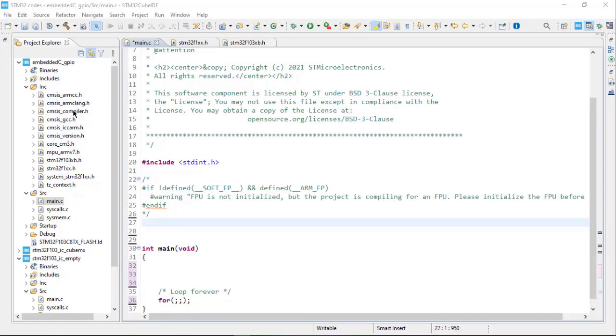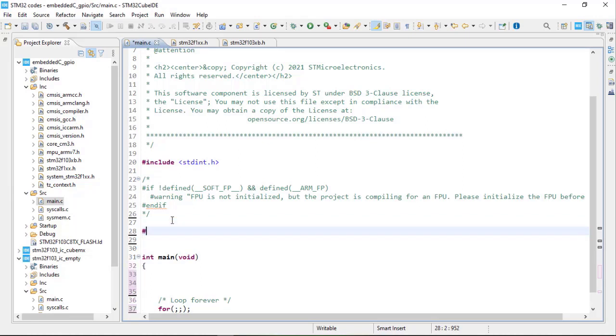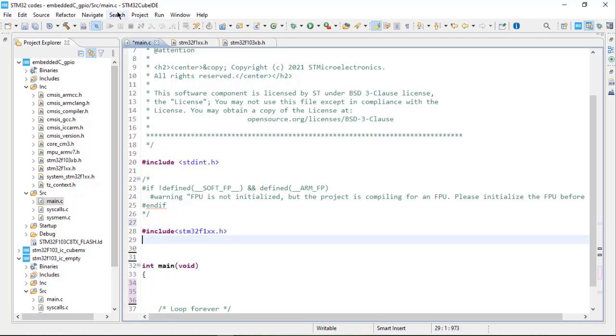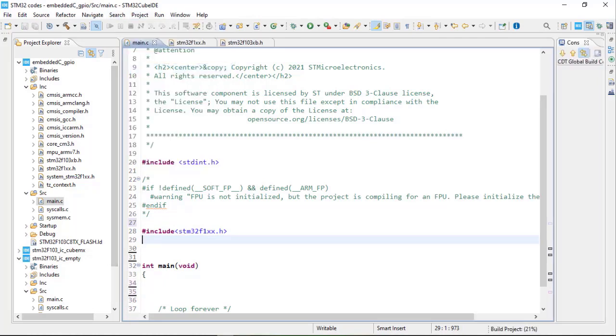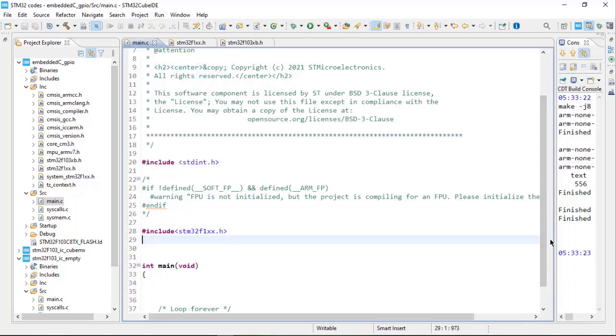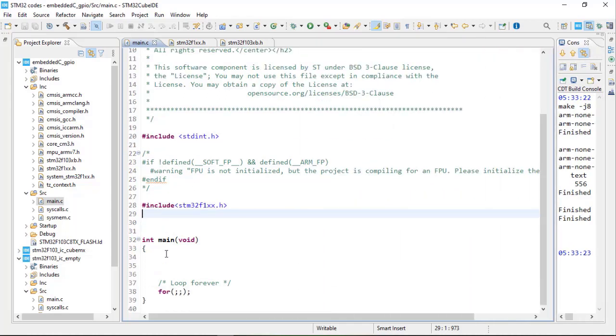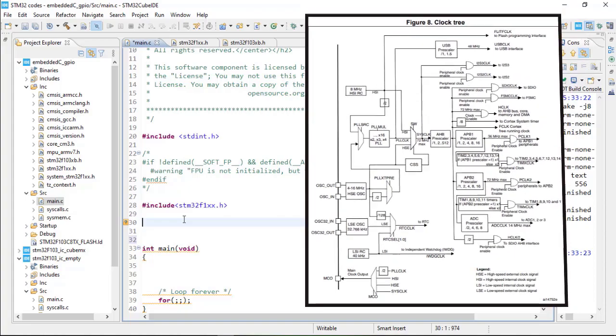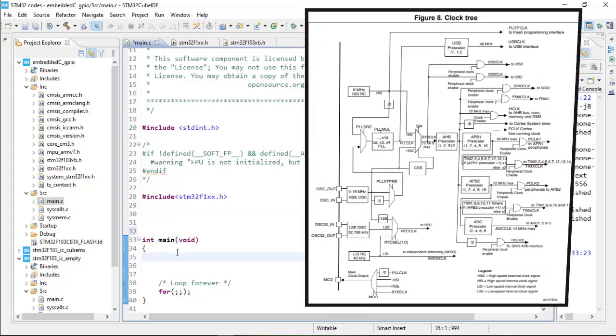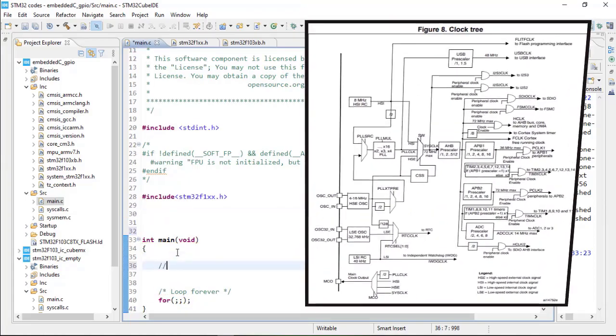Now, as you have built your project and included these header files, you just need to first write here #include stm32f1xx.h. And now just again build your project for configuring and loading all those peripherals. Now it will be loaded with 0 errors and 0 warnings. Now first we need to initialize our clock, as I have told you in the previous video of this series.